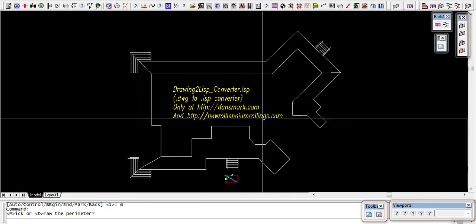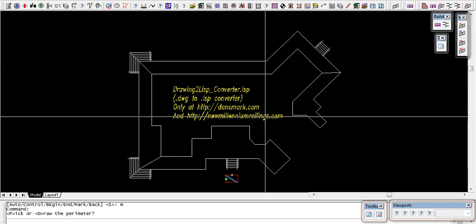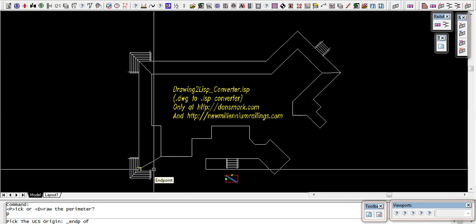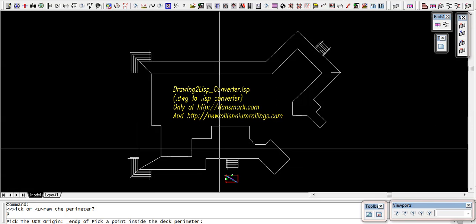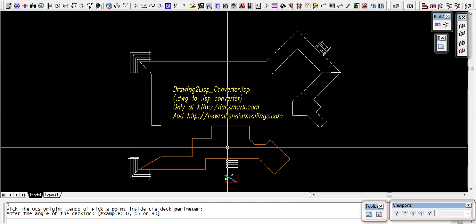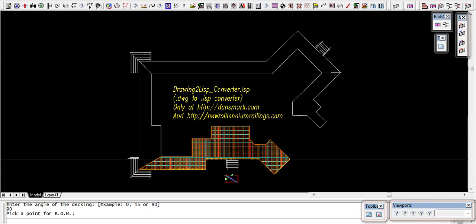So we'll come up here, we'll pick the program. You can either draw the perimeters or you can pick a perimeter that's pre-drawn. I have a pre-drawn perimeter, and basically it's asking for my UCS origin. So I need to make that in that corner right there. Pick a spot so that it can find the perimeter of your deck, and then you tell the program what angle from 0 to 90 you want your deck drawn. In this case, we're going to go 90 degrees or perpendicular with the house,